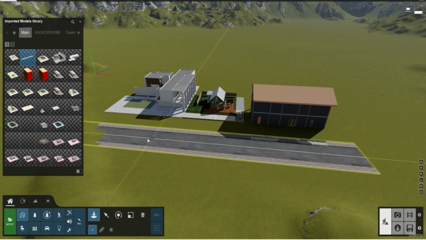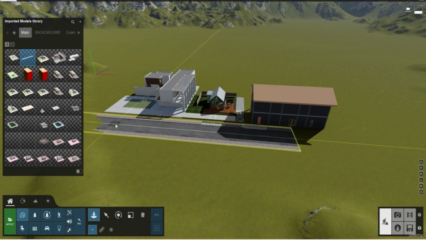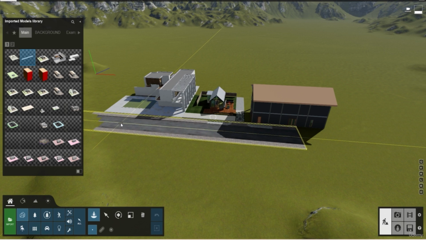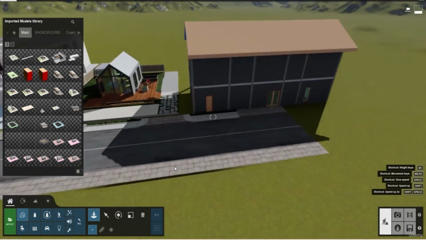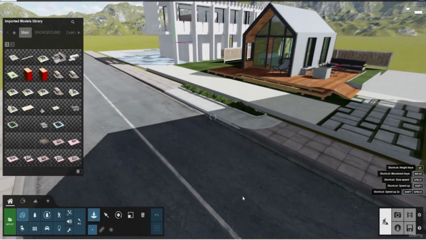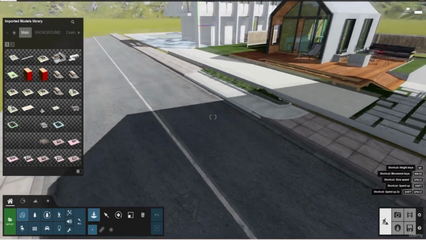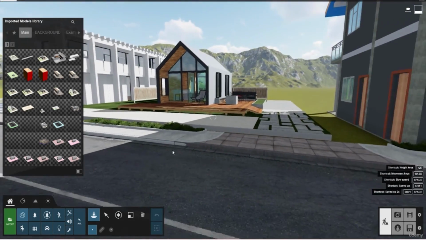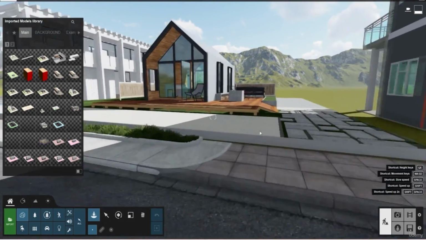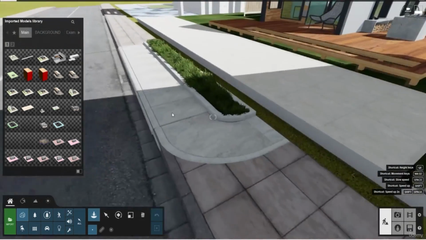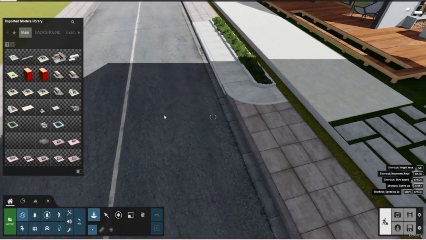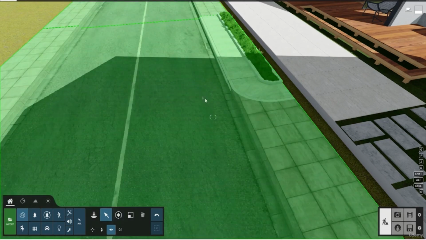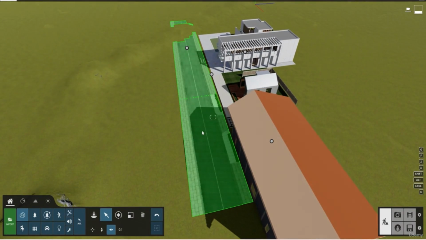Yeah, here. It's actually a model from 3D Warehouse. Really good quality textures were there. So as you can see now, these two are on two different levels. So what you can do is, you just can